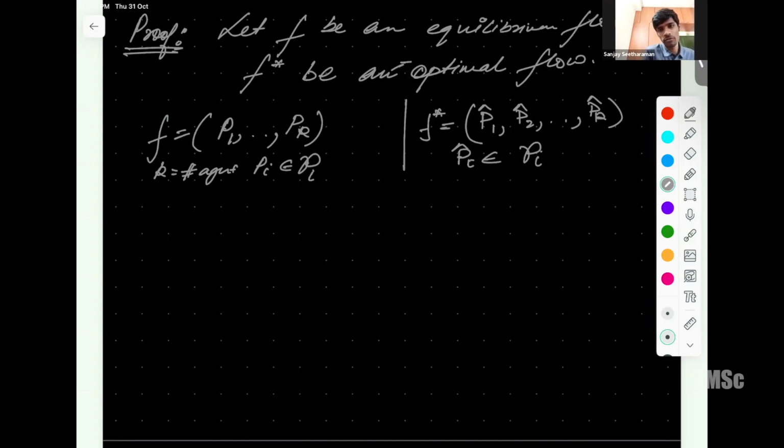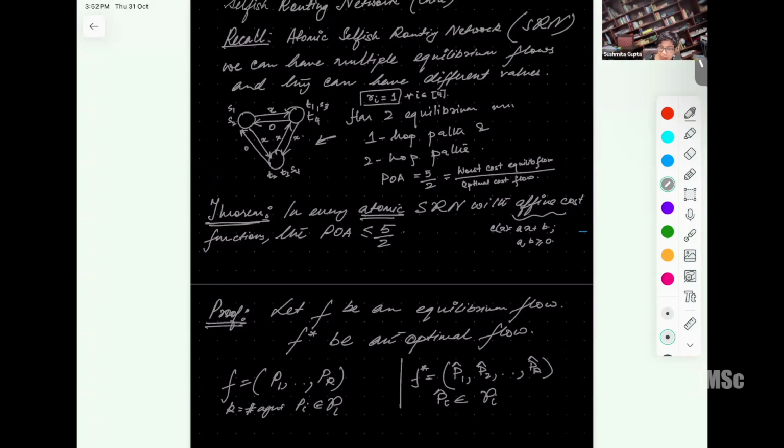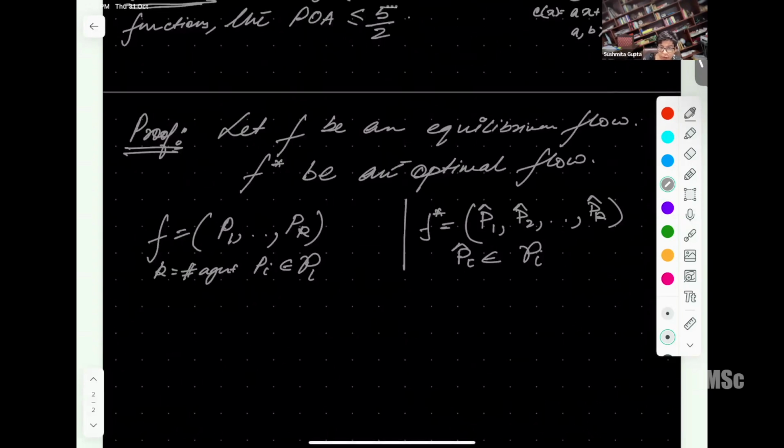In the previous proof, we used that all equilibrium flows have the same cost. But that is not the case in this case, right? This example will show that you can have multiple equilibrium flows. So over here, we have to use the definition of equilibrium flow. In that day's lecture, when we said that all equilibrium flows have the same value, we didn't prove that. We will see the proof today. I said that as a fact, just assume it for now, and then we will see later on.